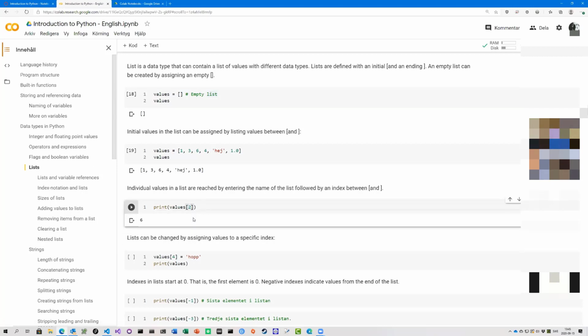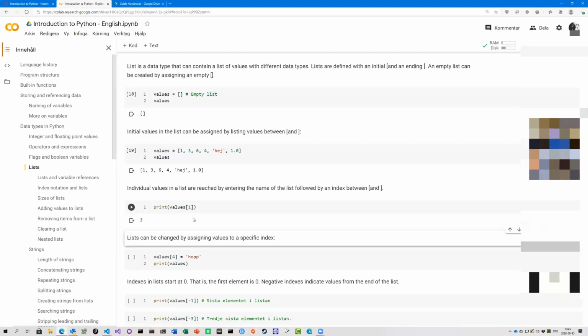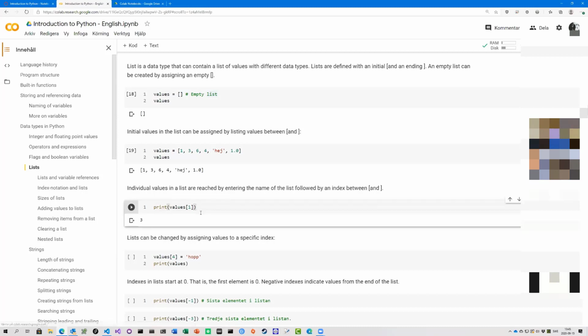So if I try 1 here, it should return a 3, and if I try a 0,